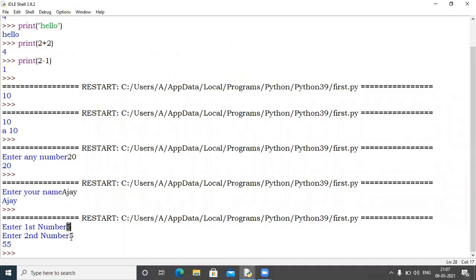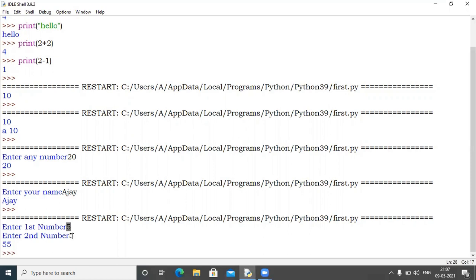Suppose in maths, if you want to add a plus b, you will write a plus b, or ab if you want to multiply something. So in maths, you cannot multiply a and b directly; if you want to write a multiplied by b, you will write ab, right?